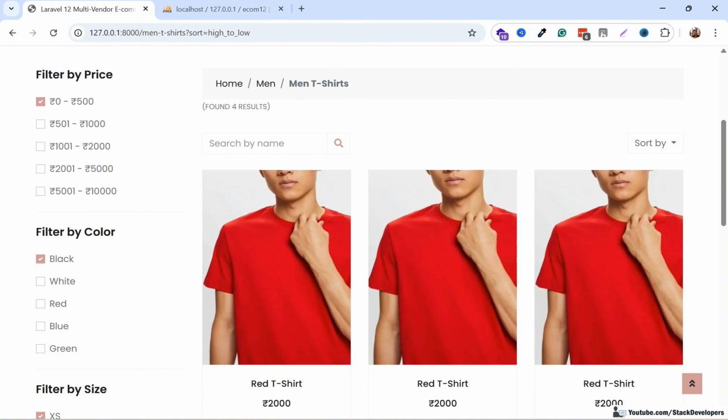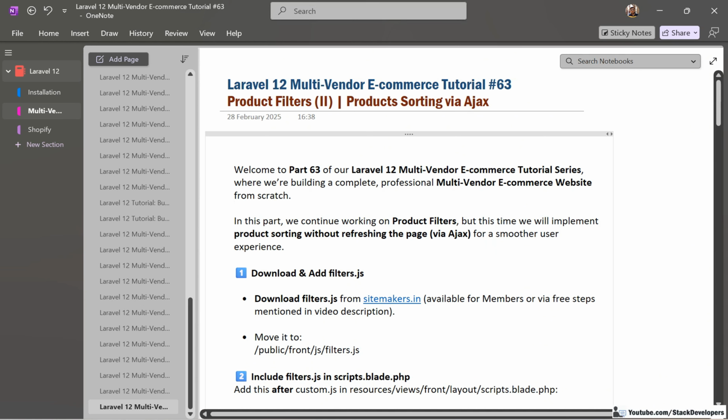Okay, so now we are going to do it via Ajax, where we can see the results coming instantly without the refresh of the page. So let's start. So the first thing is that you are required to download the filter.js script from the sidemakers.in website,